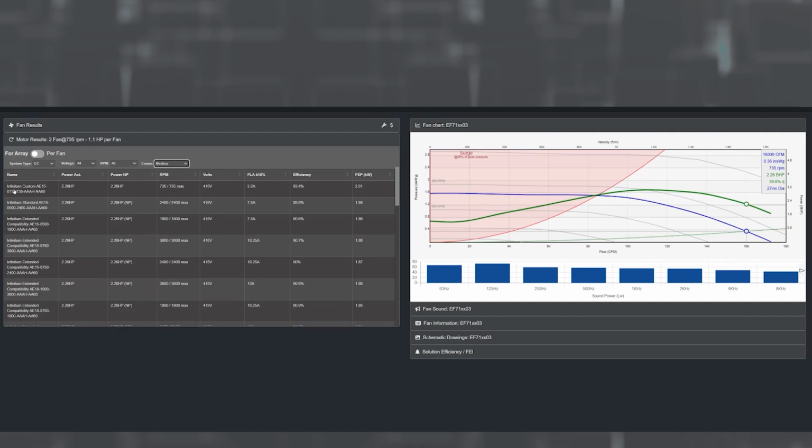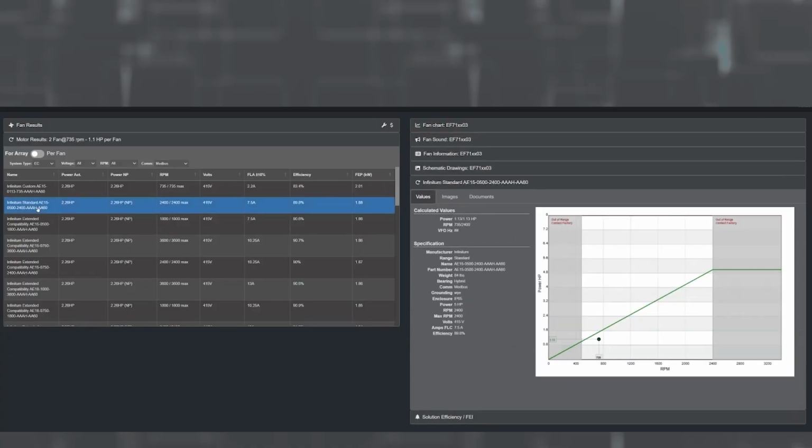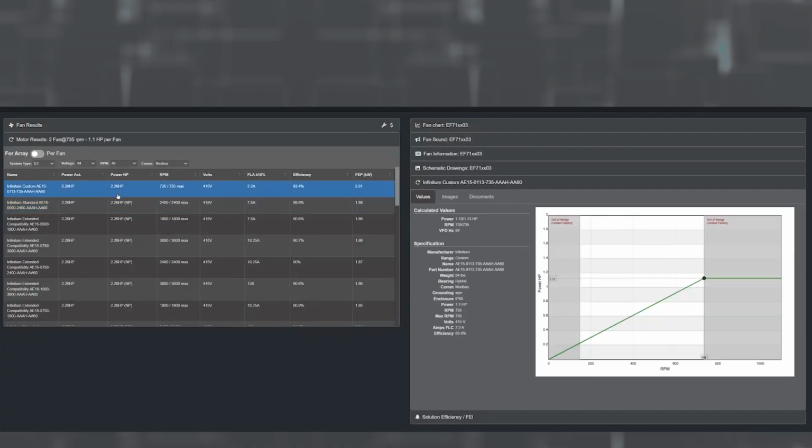One of the most important decisions to make is whether you select a custom or standard motor. A standard motor, in this case our 5 horsepower 2400, we see the motor curve here on the right. A standard motor is nameplate rated to its full horsepower and speed, giving you maximum headroom and flexibility. A custom nameplated motor is rated to exactly the duty point required, reducing full load amps to match exactly what the application needs. You can see our FLA result there.